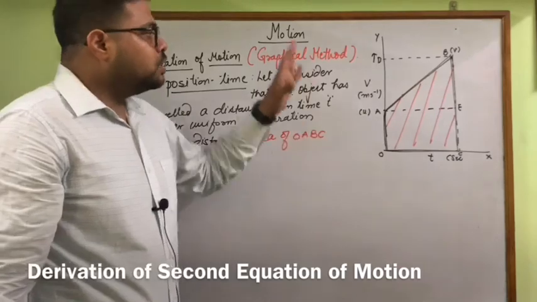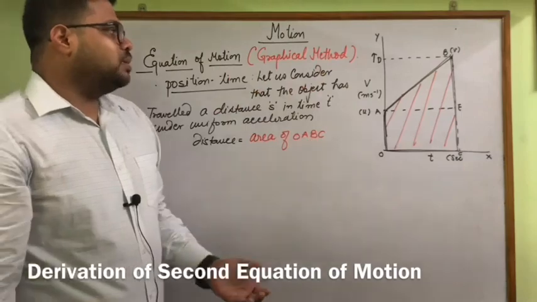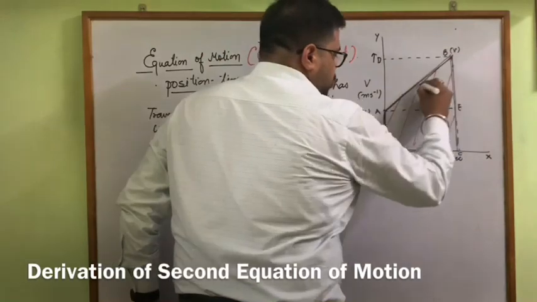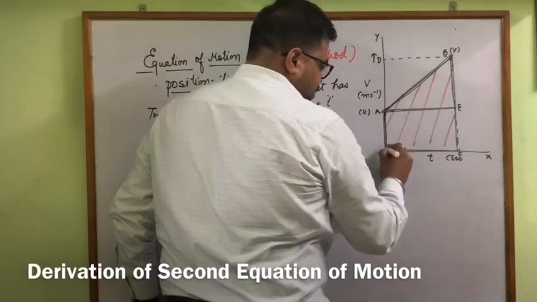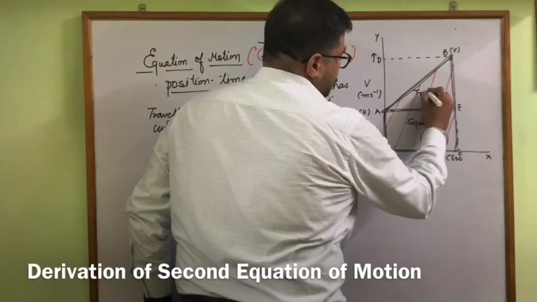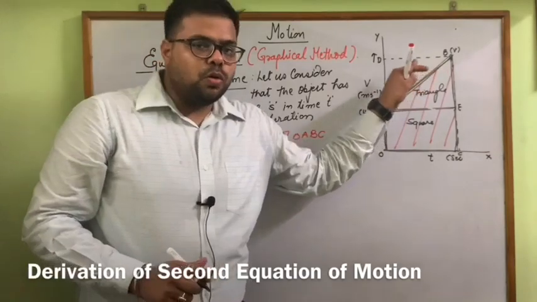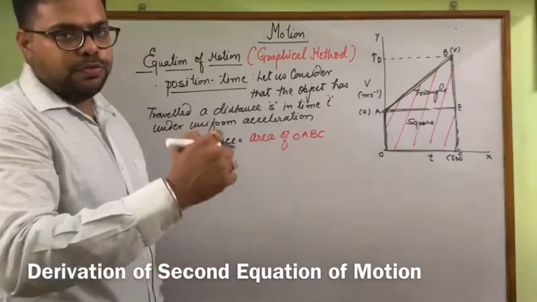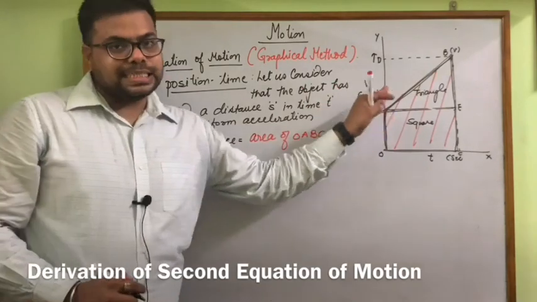So here there are two methods. First of all, we can take the whole as a trapezium, or second, we can divide the trapezium into two parts. Look at here, if we divide the trapezium into two parts, this first part looks like a triangle and the second part looks like a square. So I write here it is a square and it is a triangle shape. So the whole trapezium I divide into two parts. If we choose the second method to find the area, definitely we will reach a very important relation. So here first of all I am using the second method.